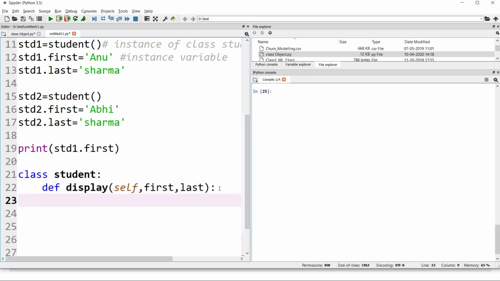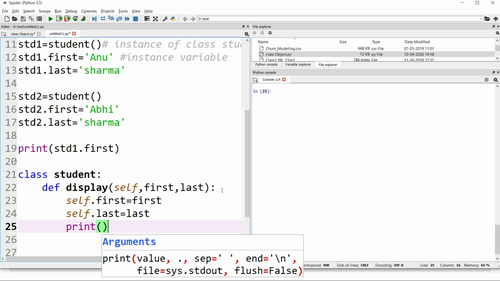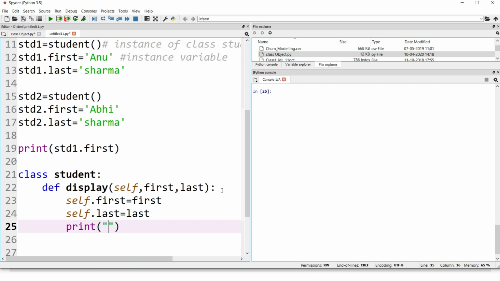Okay, because that particular instance is calling this method. Fine. Moving on, now if you want to print the first name and the last name, you need to first tell self.first, that is, the value of variable first of this object is the first which you passed, self.last is equal to last, the value which you passed, and then print full name.